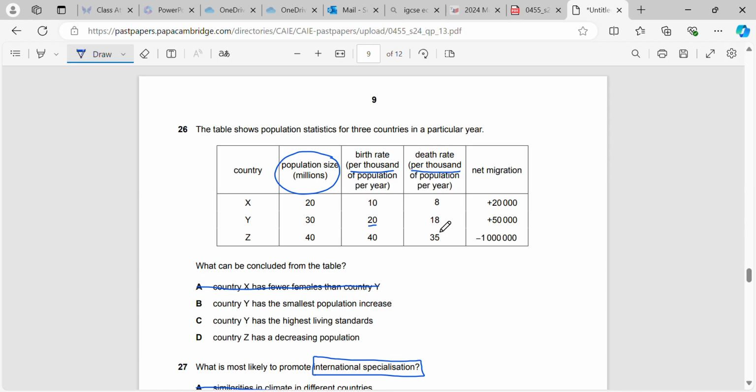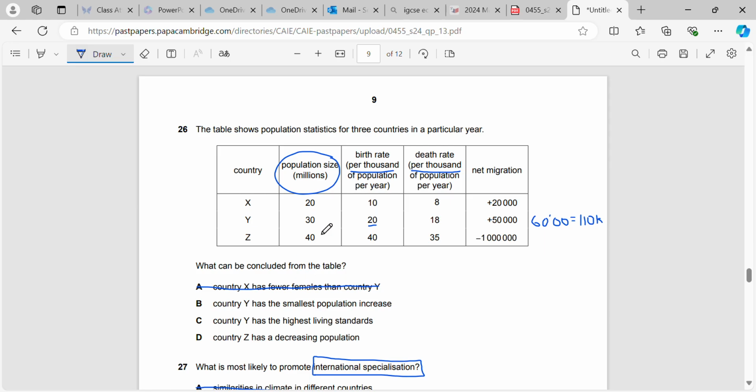So that's a difference of 2,000. And if we multiply 2 by 30, because it's in millions, we're going to get a net increase of 60,000. So we've got 60,000 more in the country plus the 50. That's going to give us 110k of a population increase in country